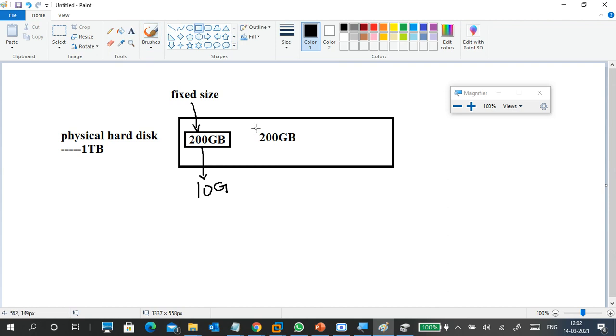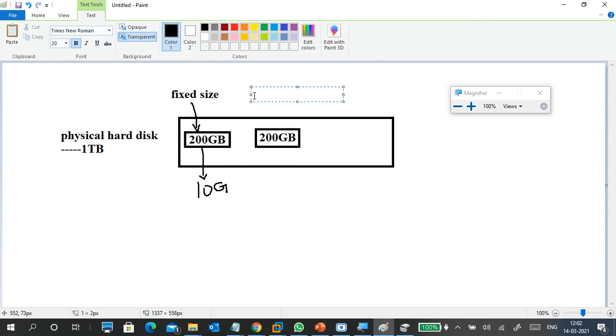So 200 GB is already occupied, and again I'm going to create another virtual hard disk. Now I'm going to create a dynamically expanding one. Its name is big.